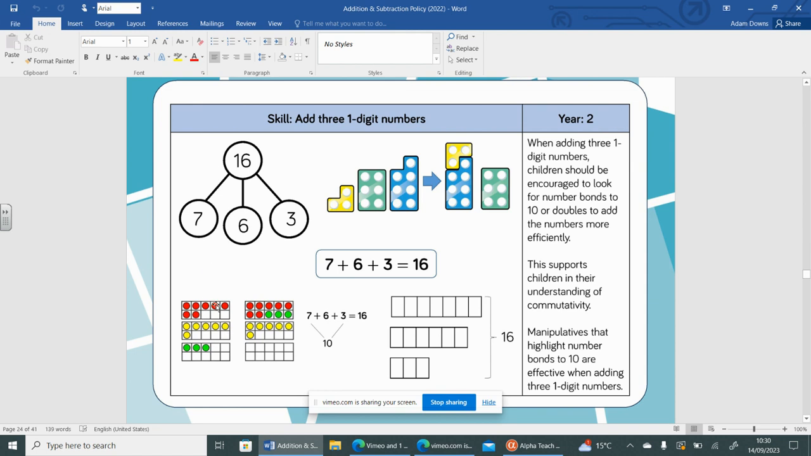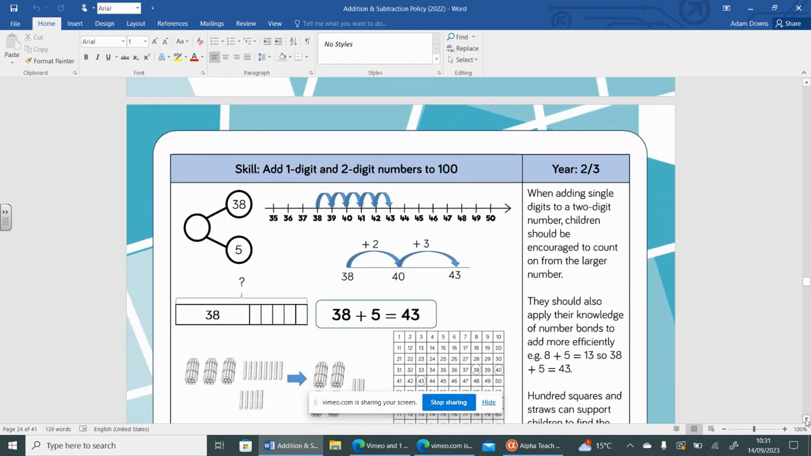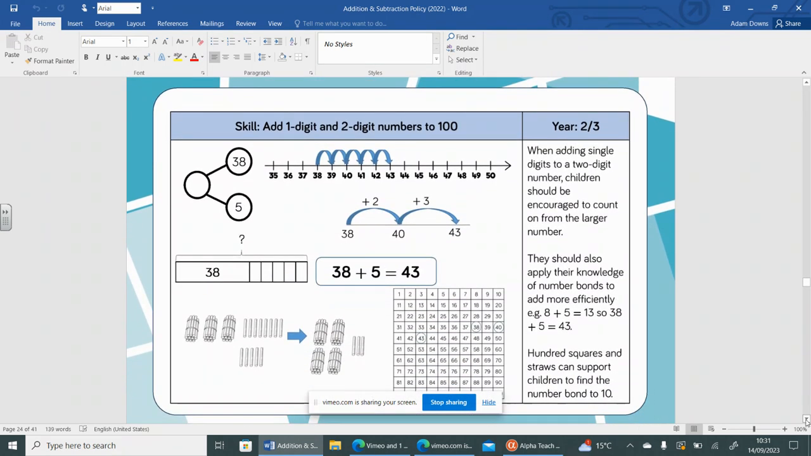Same again here, we've got our counters. You've got your 3 numbers. Here in this one, they've put the 3 together with the 7 to make a 10, and then they've got their 6. So we've got similar sorts of methods, similar representations, but the calculations just start to get a little bit trickier. So as we're moving into year 2 and 3, we're starting to use more abstract representations of that